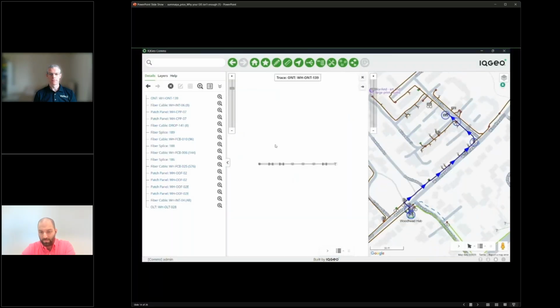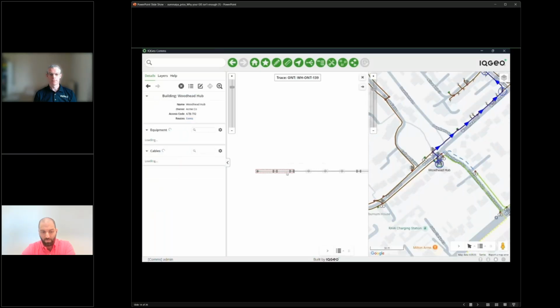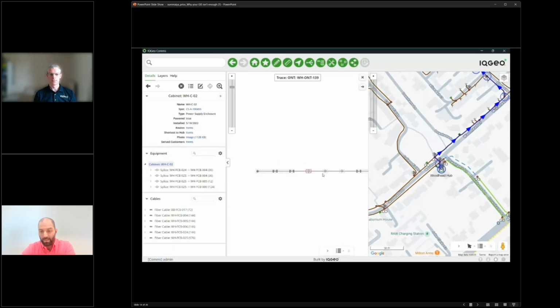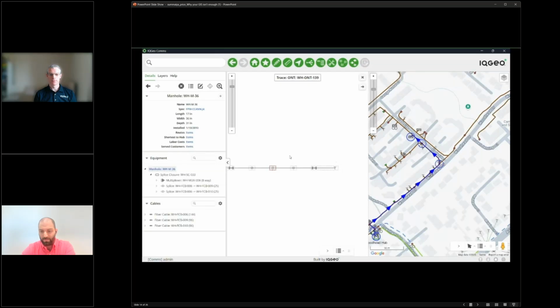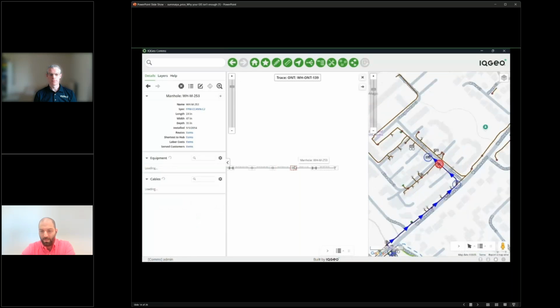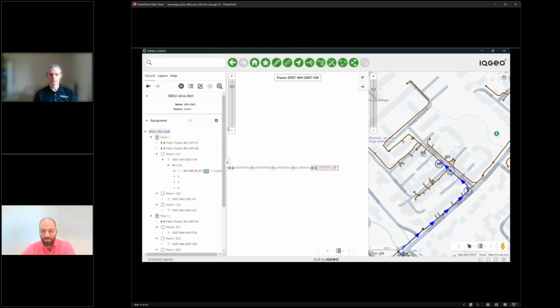We launch again the schematic view, and through that interface, we can do the same walkout or dynamic walking of the schematic by selecting each and every element that constitutes the optical path. So switching from structures to cables, etc., all the way from the hub up until the customer connection, the ONT.